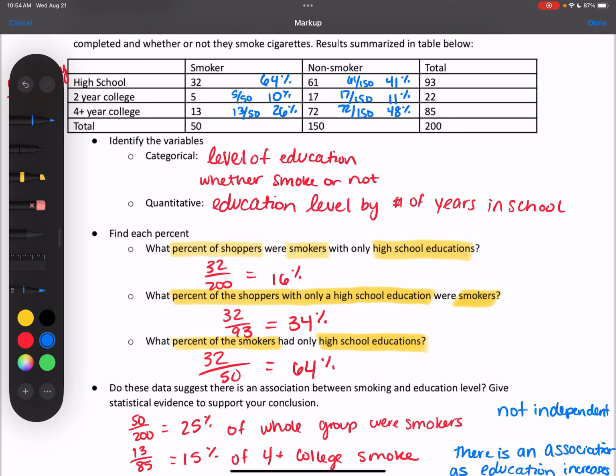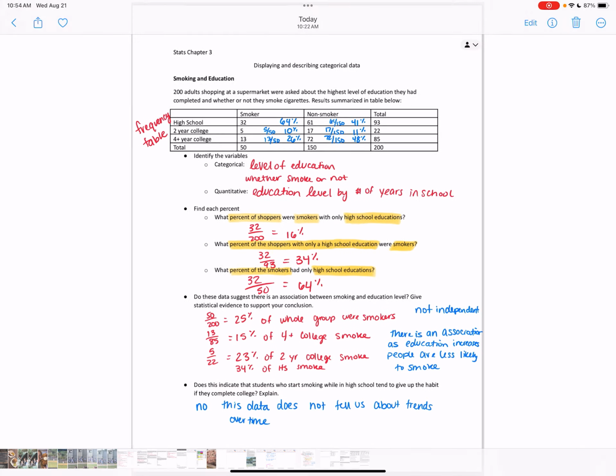But anyways, we're going to use those numbers, and that's why I give you stuff on 2 separate pages. I try not to do front and back for y'all because you sometimes have to flip back and forth between things. So we're going to use those percentages that we just found to make a segmented bar chart for smokers and then for non-smokers. So let me go back to the other page.